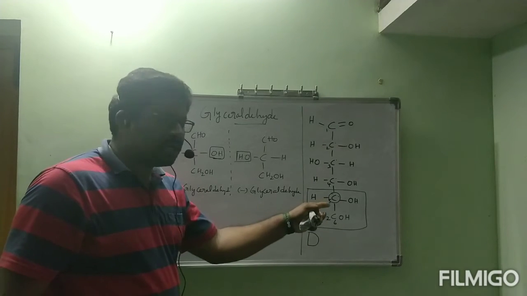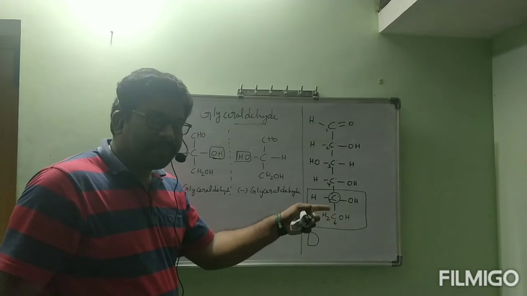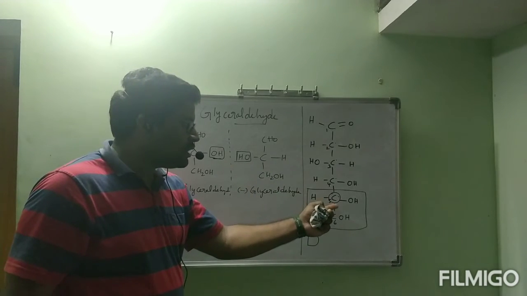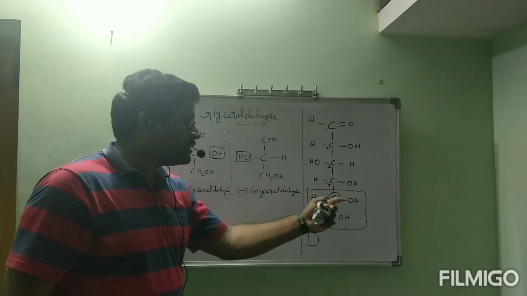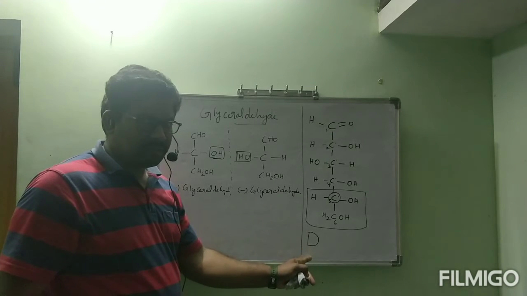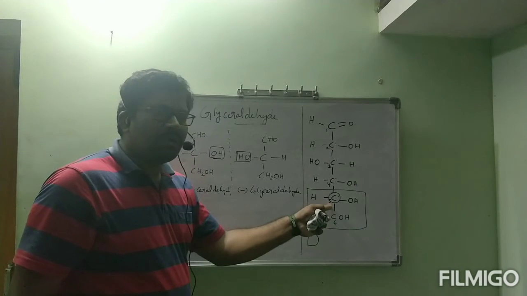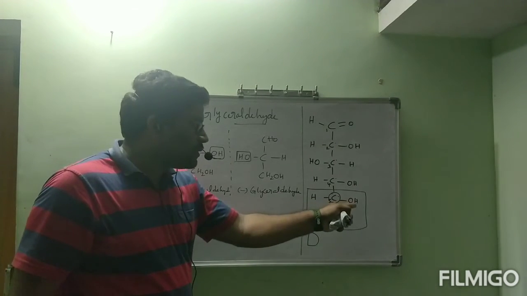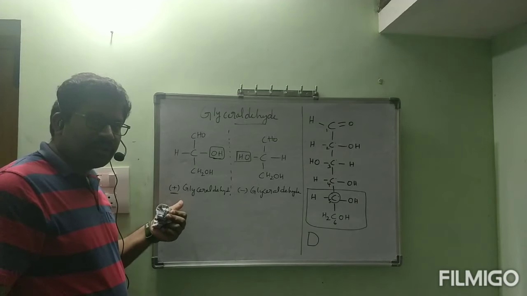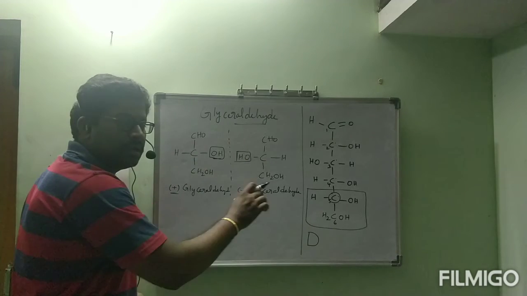If the last asymmetric carbon of glucose is representing minus glyceraldehyde, that means if the OH group on the last asymmetric carbon is present on the left side, then it represents minus glyceraldehyde. At that time we will write capital L. But here, the last asymmetric carbon of glucose contains the OH group on the right side, which resembles the structure of plus glyceraldehyde. That's why we are writing capital D representation. This is relative to glyceraldehyde.